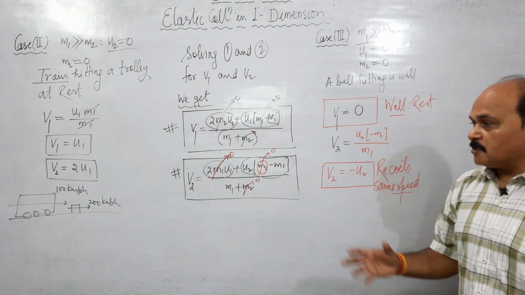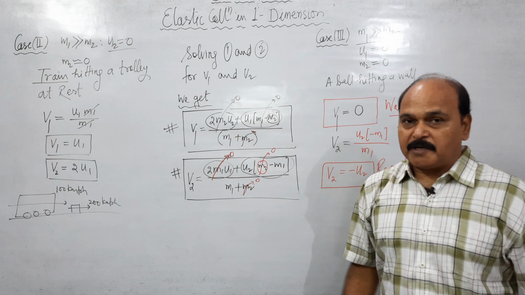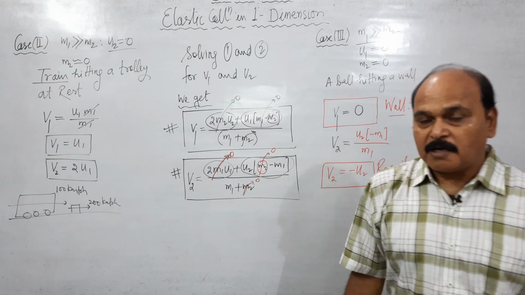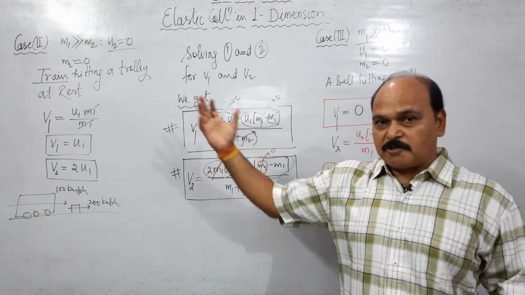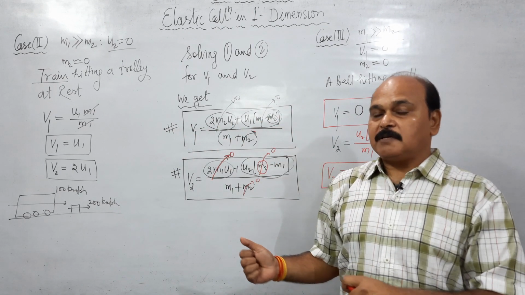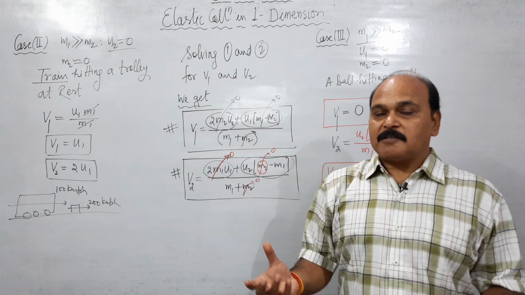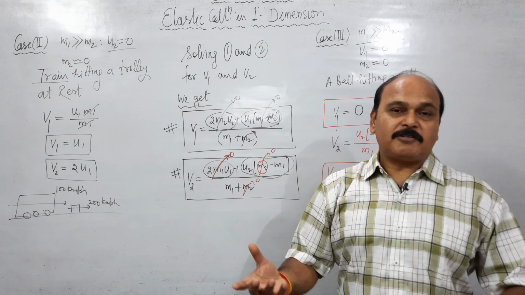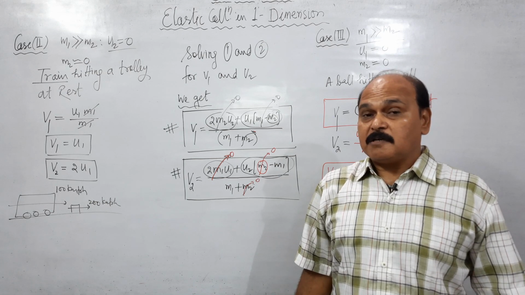So these were the three situations, and you can use the results of all three directly in your numericals. Remember, in situation 1, two masses are equal, and if they collide elastically, they exchange their velocities. In situation 2, we have a collision between a very light mass and a very heavy mass, and the lighter mass is at rest, like a train hitting a trolley. So what happens? The velocity of the heavier mass remains unaffected, whereas the velocity of the lighter mass becomes twice the velocity of the heavier mass it is struck by.